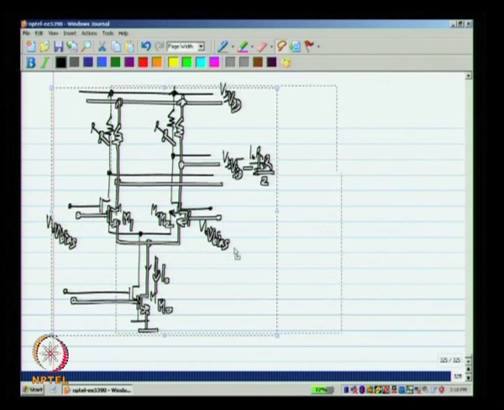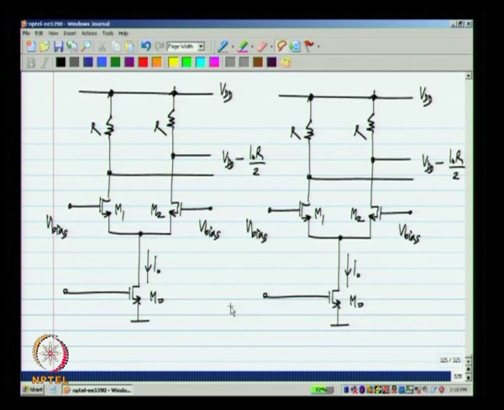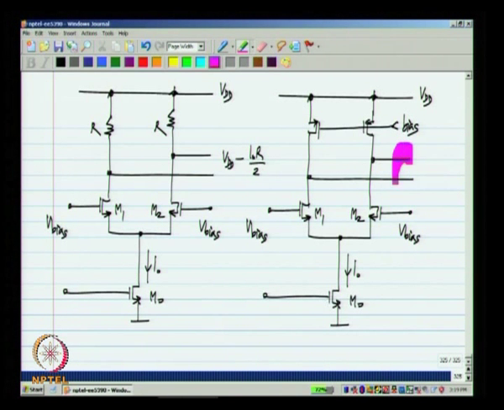current sources with some bias here, we will not be able to tell what the output common mode voltage is. What is the voltage here? We will not be able to tell, because small differences in the current in the upper transistors and the current in the lower transistor I naught will cause these voltages to go up or down severely.